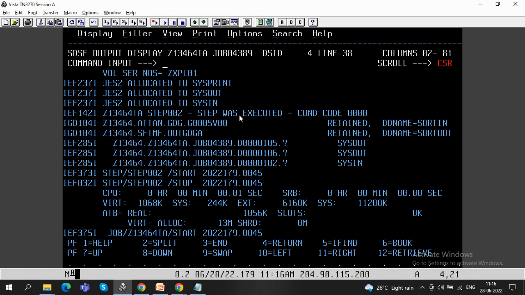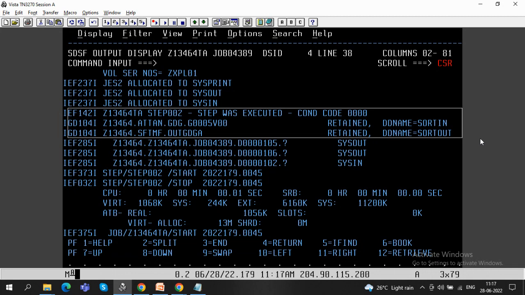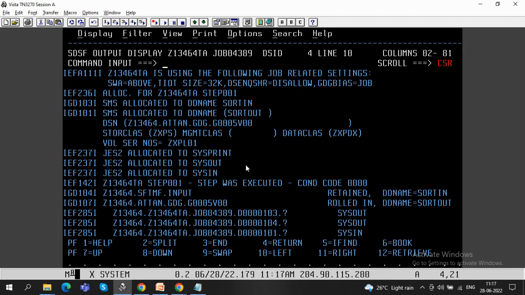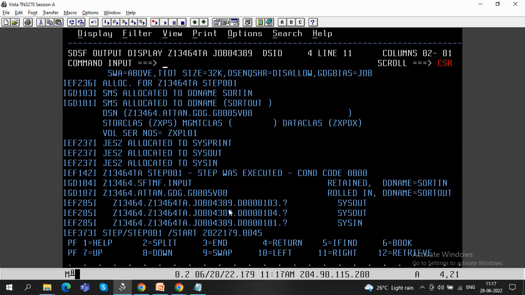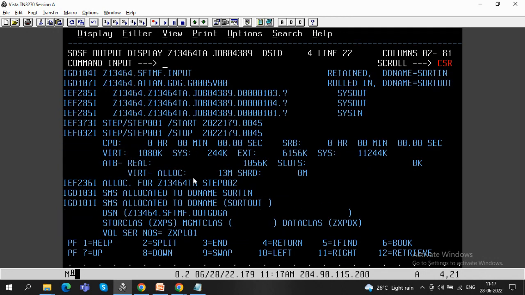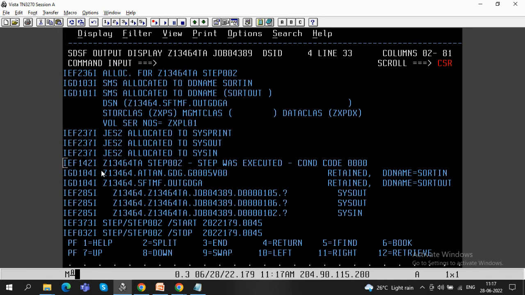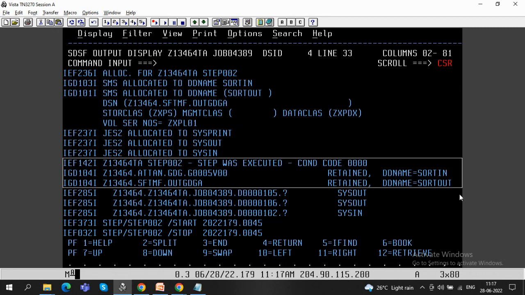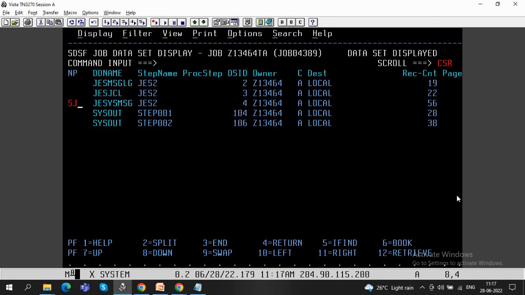See step 2. What did step 2 use? Step 2 used the fifth version, which is created in the above step. So step 1 created the fifth version and step 2 used that fifth version as an input. Samjha? This is step 1. Step 1 created the fifth version, right? And step 2 used that fifth version, because I have used it as a